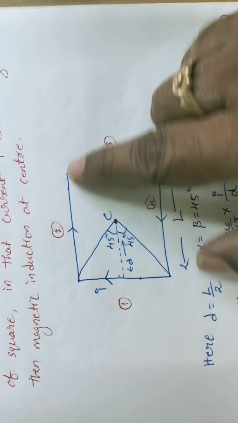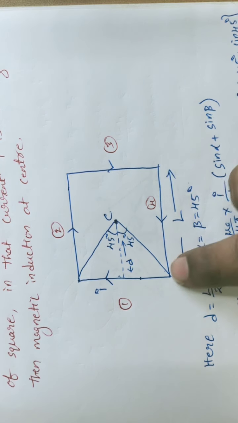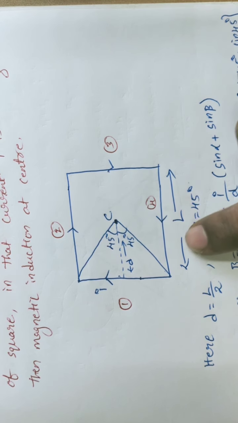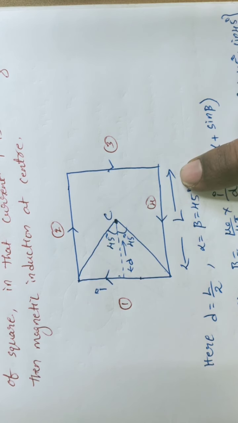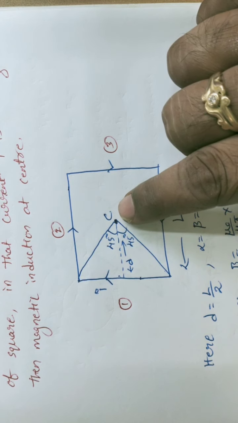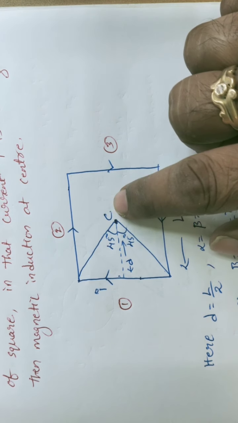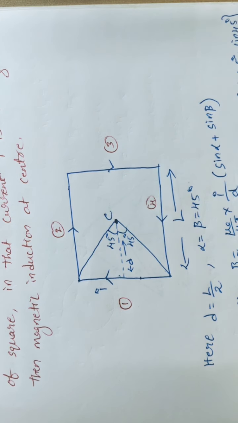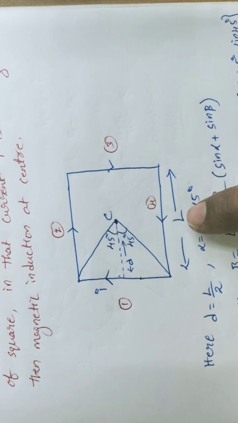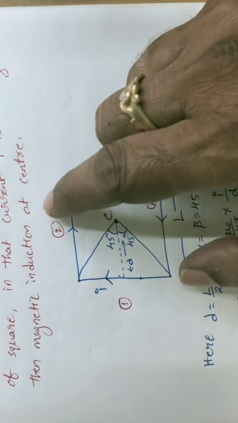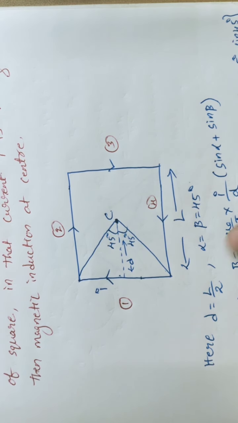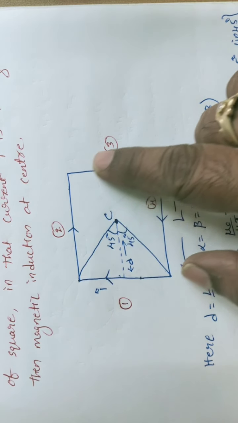This is one square shaped current carrying loop. Let me imagine the length of the square as L. Is it clear, students? Here I represented the center, and at this location we want to find the magnetic induction B. Overall, this square is divided into four parts: this is the first part, this is the second, this is the third, and this one is the fourth. In this direction the current is continuously flowing.